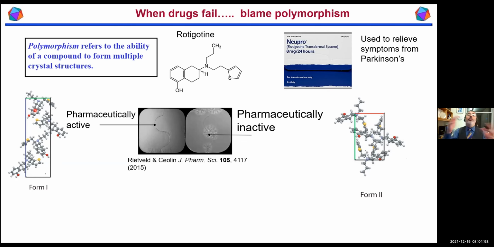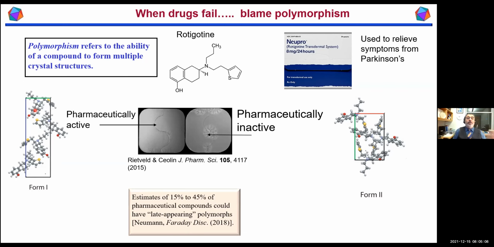All right, and when that happens, you have to recall your drug and you have to try to find a way to reformulate it so that you avoid this late appearing polymorph. Well, it's been estimated that there could be as many as 15 to 45% of pharmaceutically active compounds that have these late appearing polymorphs. And this is something you'd like to know about before you go to market with your drug, obviously,